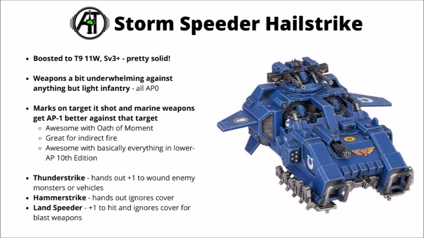The Hailstrike was the one that I thought that its unique rule was perhaps one of the most interesting things. Its weapons will be good against light infantry, but they are all AP 0, so it's only sort of limited effects there. But the special rule of the Hailstrike is absolutely awesome. Basically when he shoots a target, something that he shot gets a big debuff, everything else in your army shooting at it will be a bonus +1 to your AP against it. It means that AP 0 weapons go to AP -1, AP -1 to AP 2, and so on and so